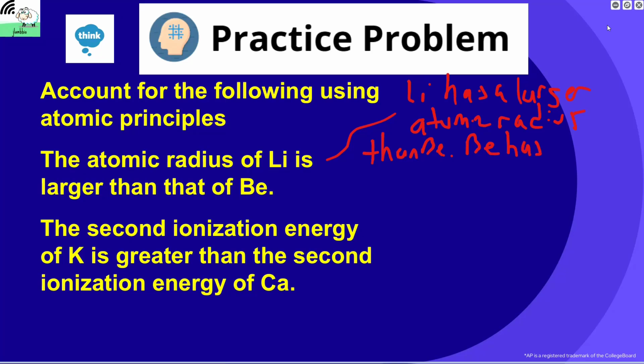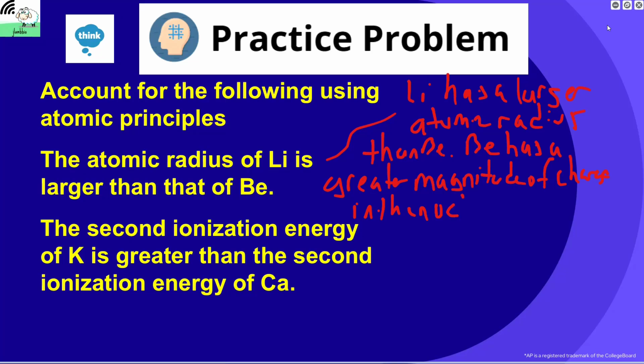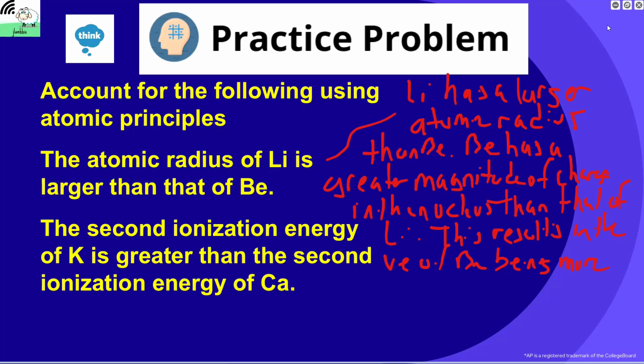Be has a greater magnitude of charge in the nucleus than that of lithium. This results in the valence electrons of beryllium being more attracted and closer to the nucleus